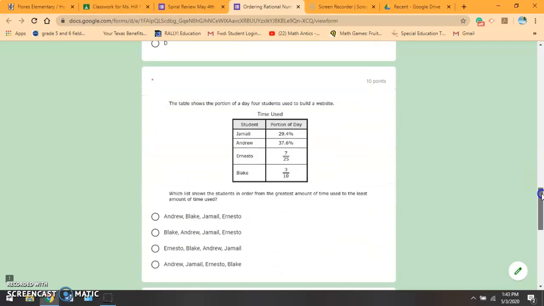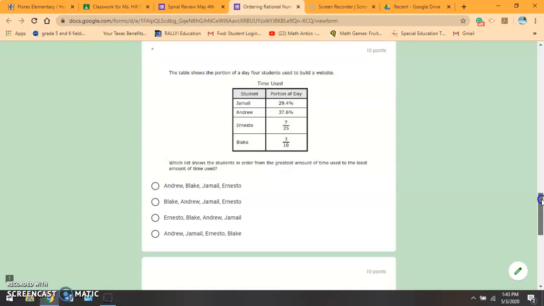Our next one, the table shows the portion of a day that 4 students used to build a website: Jamal, Andrew, Ernesto, and Blake. You see in our portions we have 29.4%, 37.6%. Then we have Ernesto with 7/25 and Blake with 3/10. Which list shows the students in order from the greatest amount of time to the least